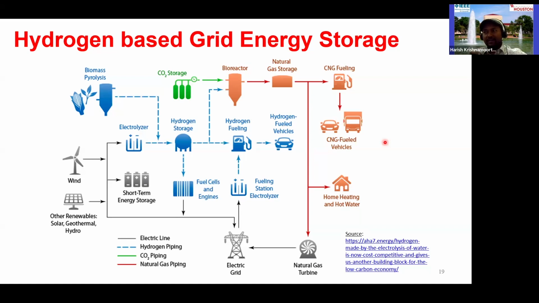Some of the challenges include lower system efficiency, because the electrolyzer and fuel cell together may only have about 35 to 40% round trip efficiency. And on cost, if we are not getting that energy purely from renewables, we might still end up having issues with greenhouse gas and so forth. But this is something that is promising. So in the future we might see more hydrogen based energy storage.